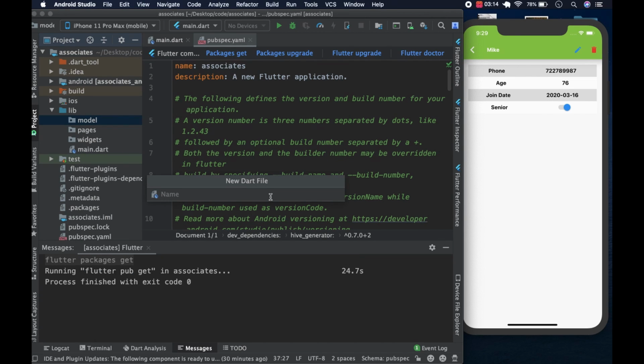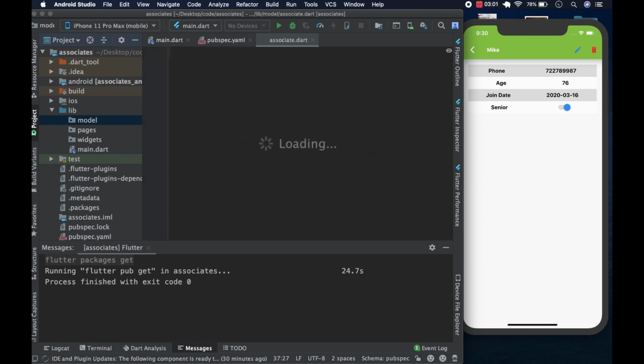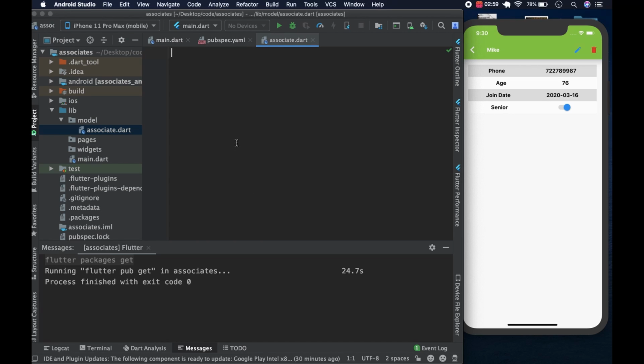Okay, let's call it associate. Ideally, you would have picked students, but I started with associate, and I stuck with it. But you could pick student or something else. So we create a file called associate, and we just create a class,